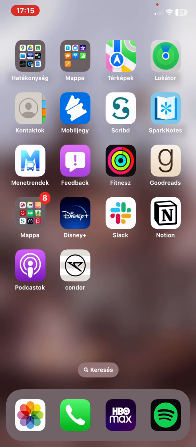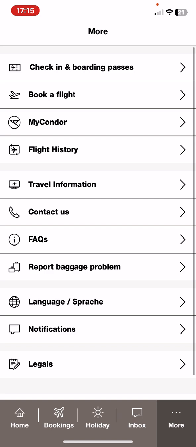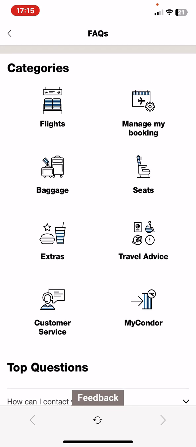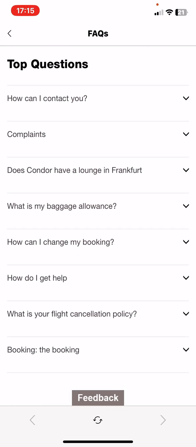First of all, open the application on your phone. And then click on the More button at the bottom of the page on the right. And then click on the FAQs button. And as you can see, here are different categories on different problems that might occur. And under that, there are the top questions that come up most of the time. So if you want to know an answer for like how can I change my booking,